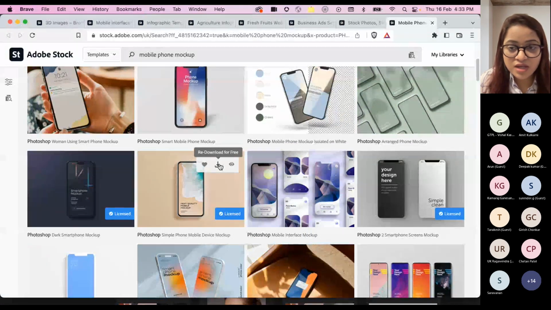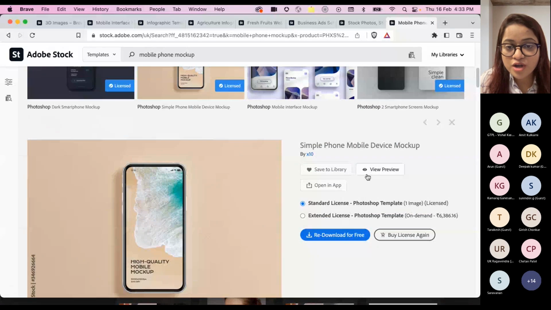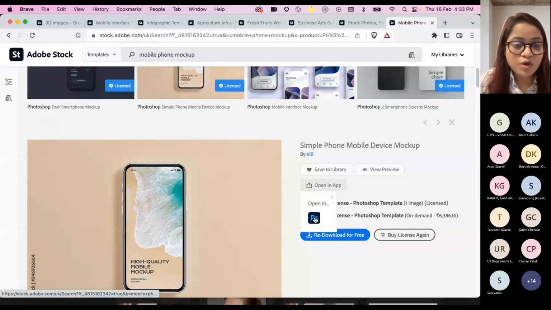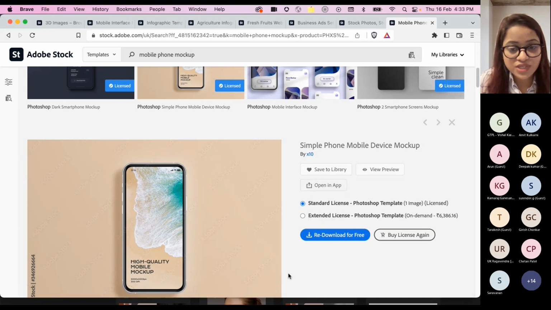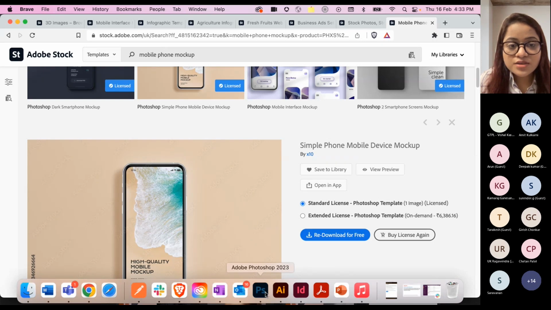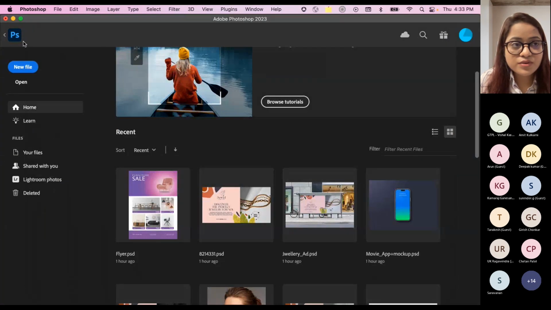And here you'd say, okay, these are the Photoshop mockups which are available to me. I can come over here and download those mockups, or I can simply click open in Photoshop, and then click OK. Now this mockup will be immediately available to me in Photoshop, and I can go ahead and make a few changes. So here, if I go to the saved section, I have already downloaded some of the mockups. So if I go back,